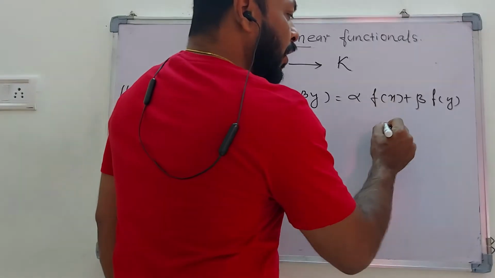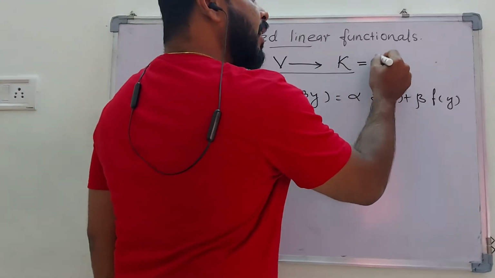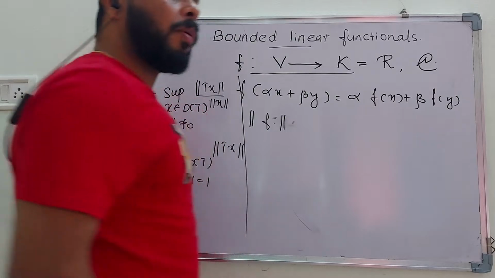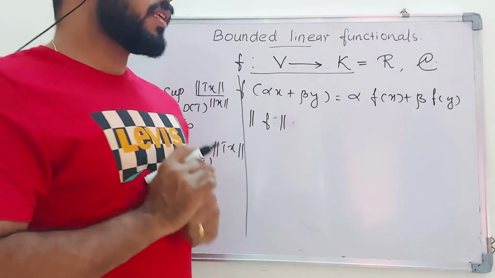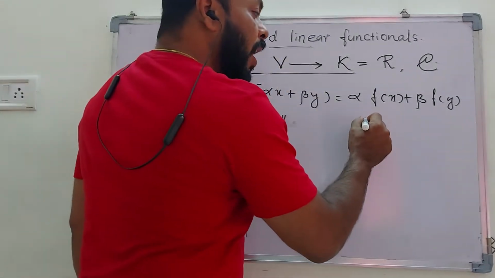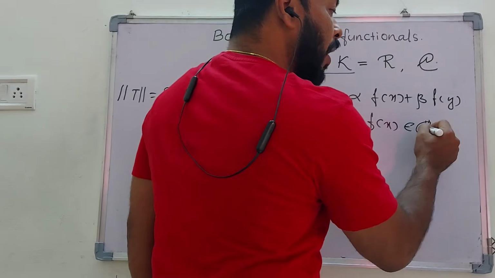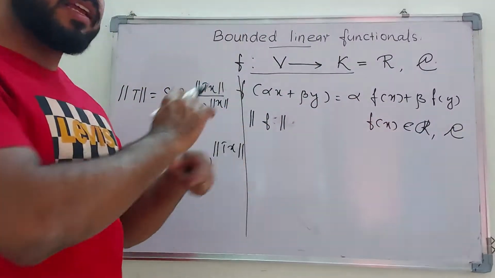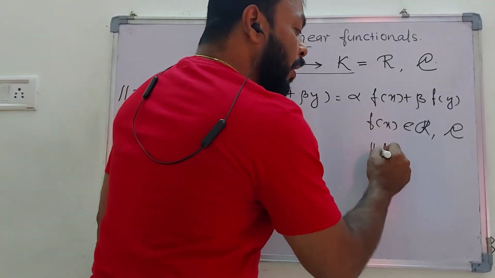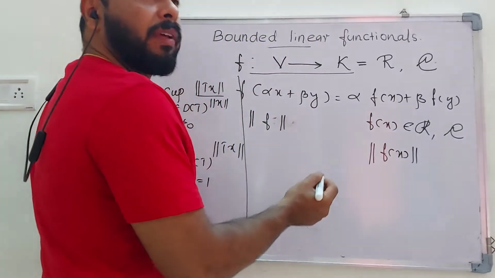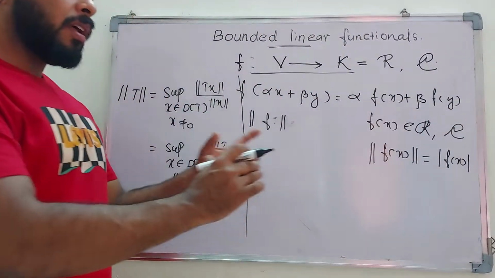Here one difference is that f is from a vector space to the underlying field K, where the field is either the set of real numbers or the set of complex numbers. We consider these two fields. Then the value of x under f is f of x, and f of x belongs either to R or to C. So f of x is either a real number or a complex number. That is a scalar. So the norm of f of x means the norm of a real number or a complex number, which can be replaced by the modulus of f of x, because the distance from